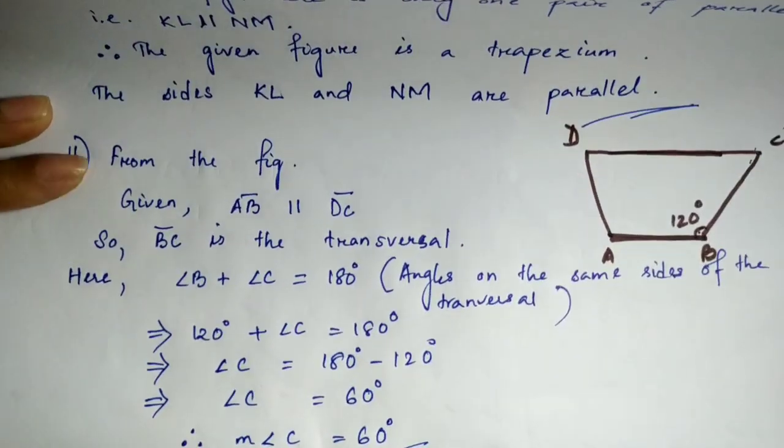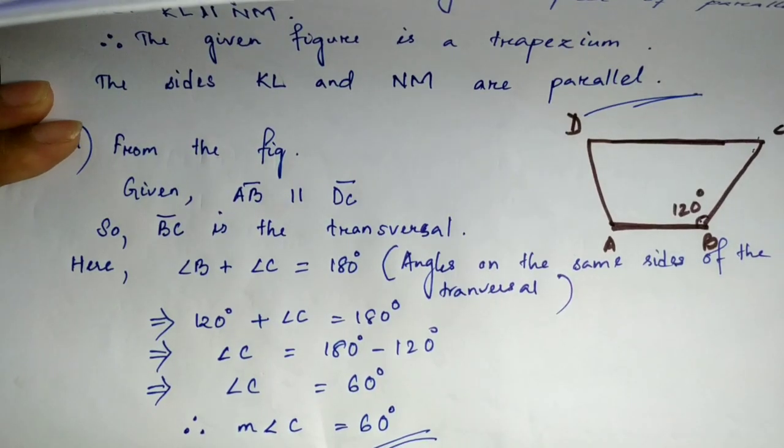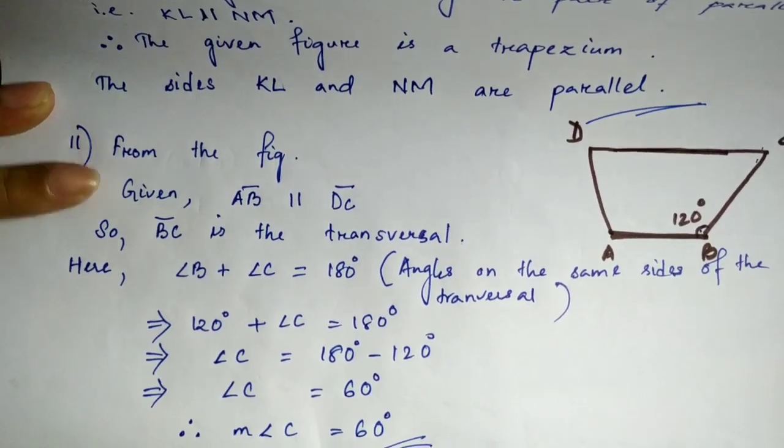Okay. Now let us move on to the last question of the exercise, that is question number 12. What is given in question number 12? Find the measure of angle P and angle S if SP is parallel to RQ in the figure 3.34. I'll need the figure again. Let us draw the figure now.